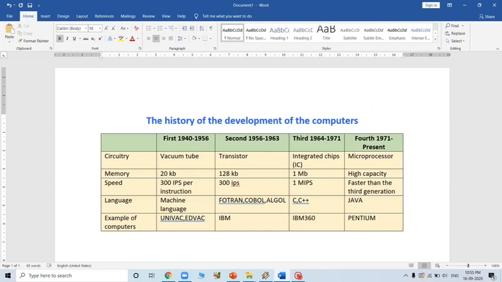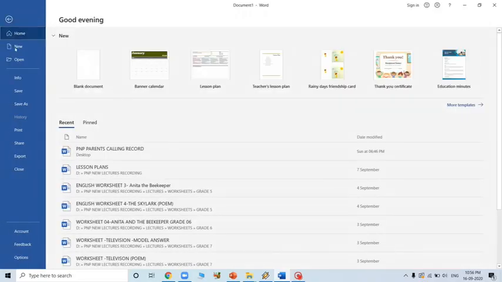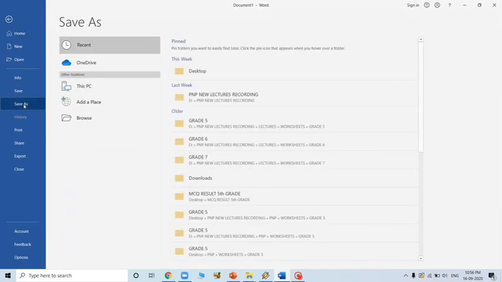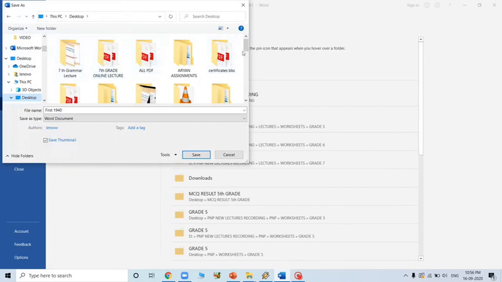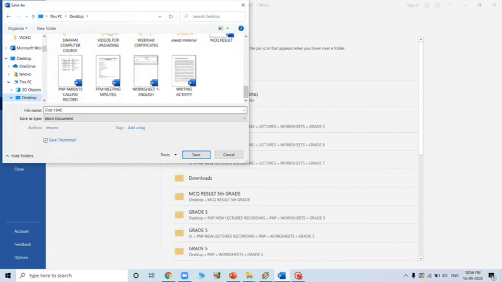Microsoft Word. Once you complete this, you have to go to File and save. You can save it directly, or you can use Save As. I'll save it on the desktop.